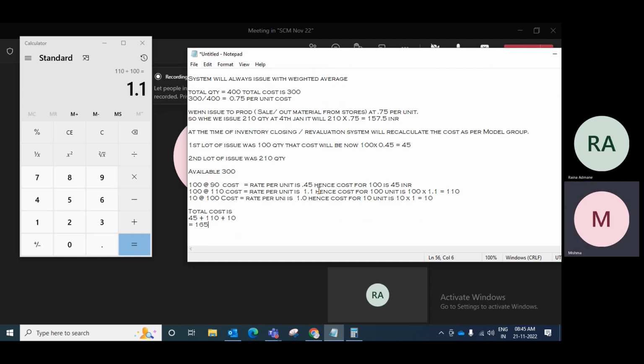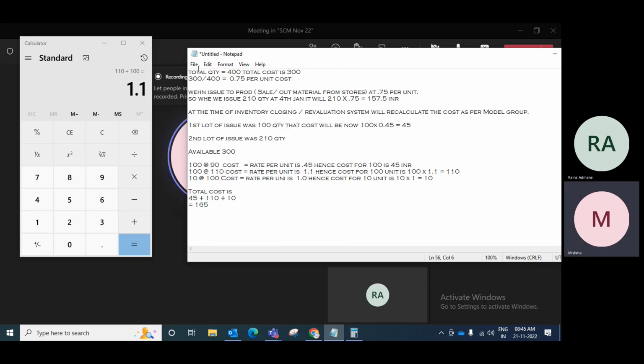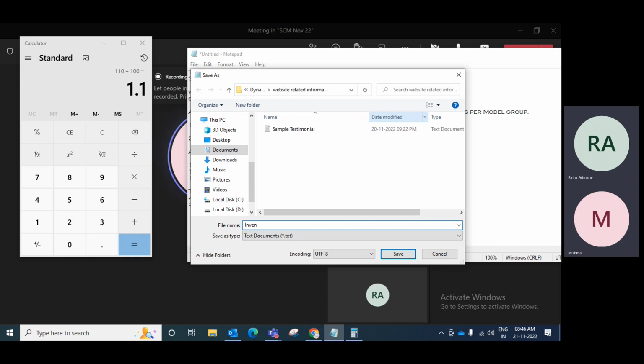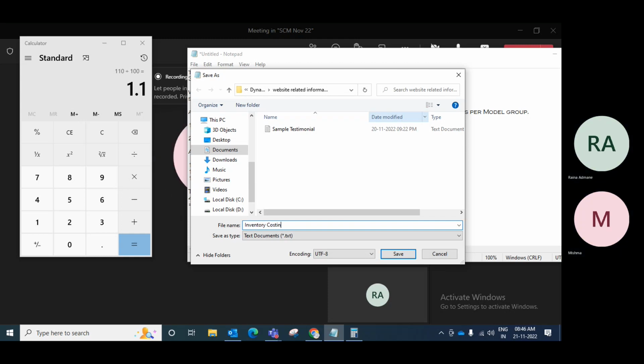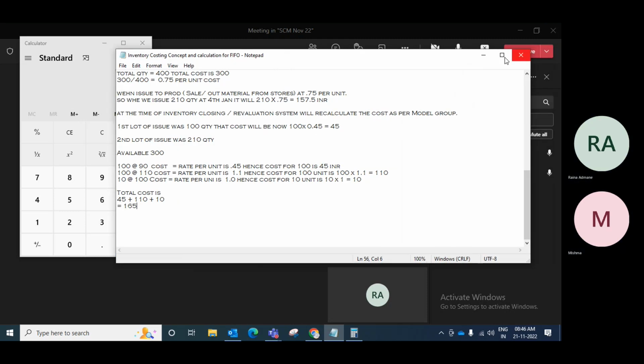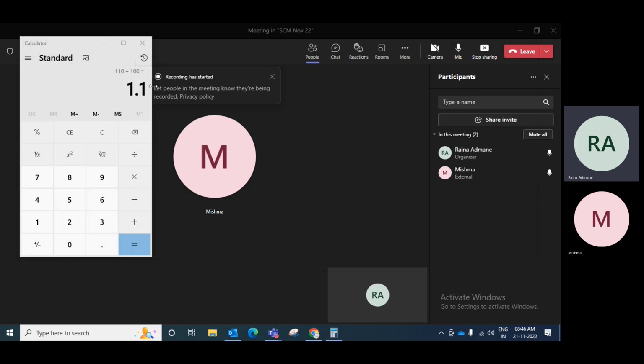Okay. So just one thing: 45 is the rate per unit here, right? Yeah, I can see. I will share this to you. Okay, so this is done. Now your second point is